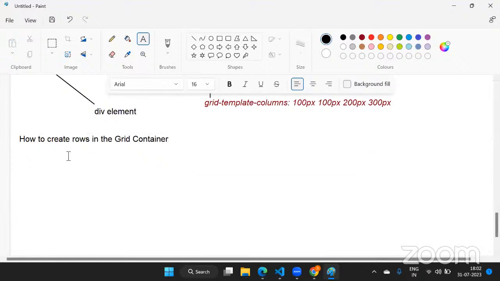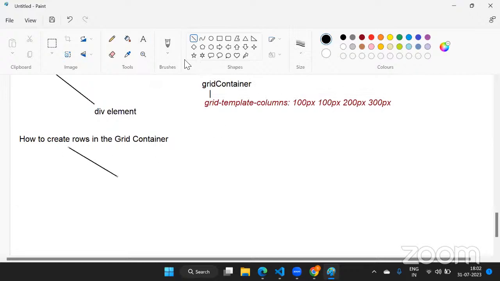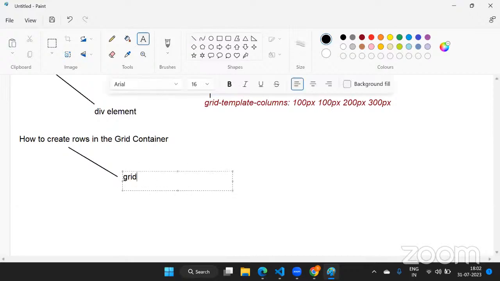So to create rows in the grid container, we are going to take the help of one more property, that is grid-template-rows. And here we have to tell how many rows you want, and you have to mention the size of your rows. Suppose I say 200 pixel,